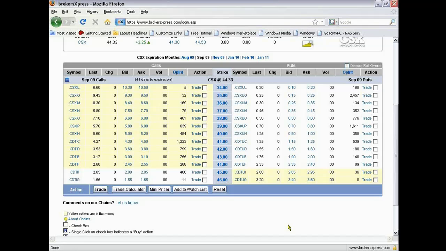And on September expiration, the stock is back at $39 per share. Could that happen? Yeah. So the stock only made it to 36, and now it bounced up to 39. So you paid 75 cents. Think about what happens when you buy a put. When you buy a put, you have paid money to force somebody else to buy that stock from you at $35. So because you own a $35 put, you could go out and buy that stock at its current price of $39 and force somebody else to buy it from you at $35. So you can buy it at $39 and you can sell it at $35.